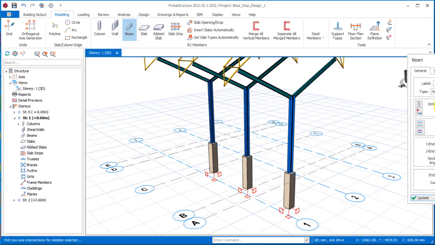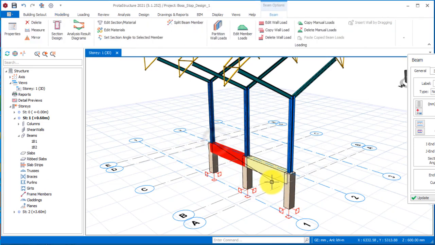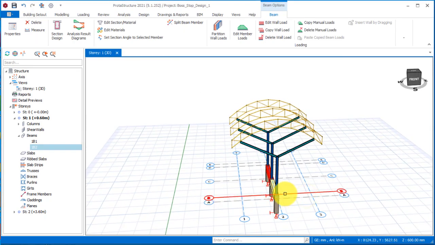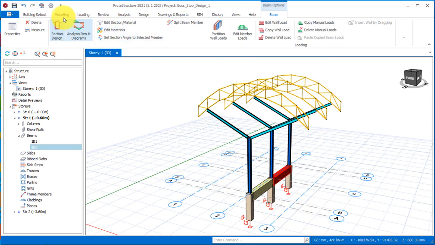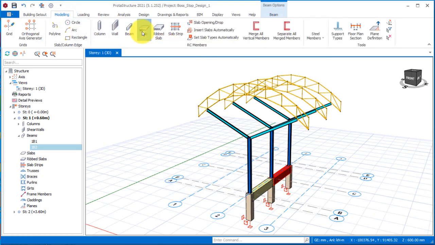In the dialog, we'll be having a beam of section 300 by 450, or we can just have 300 by, let's say 450, just like this. Okay, all right, I'll pick the first point and the second point to have the beam placed just like this. Okay, after which I will close this dialog. Then for the slab, we are going to navigate to the modeling tab, select the reinforced concrete slab right there,